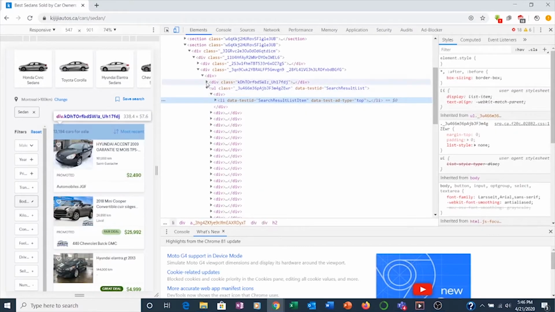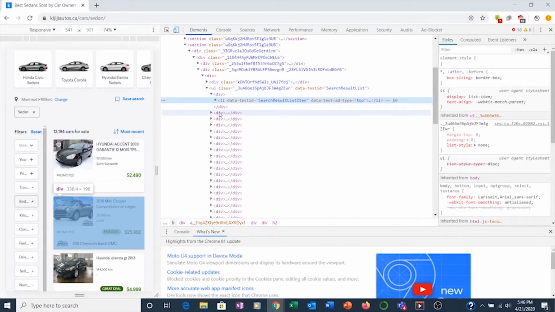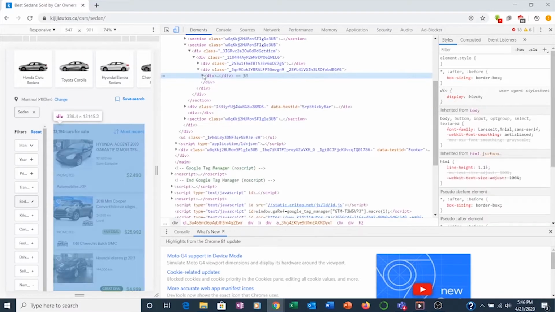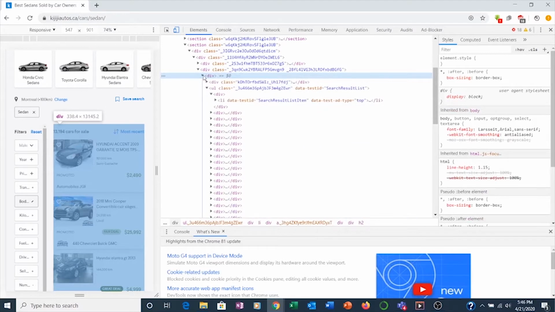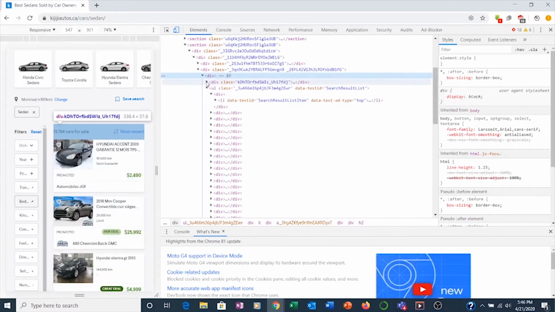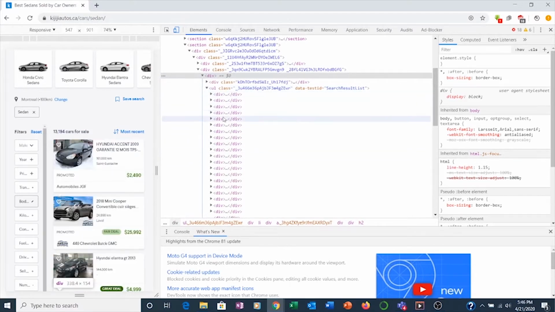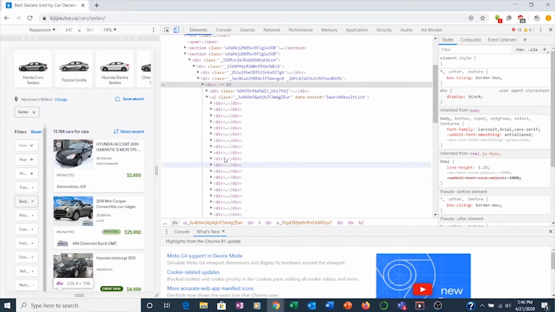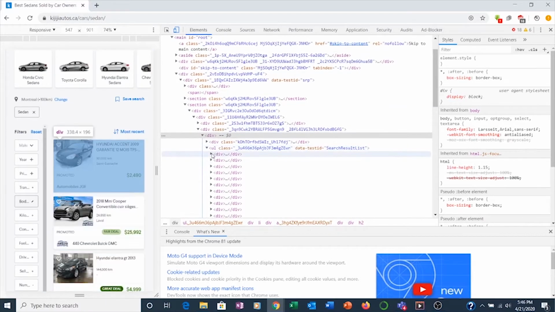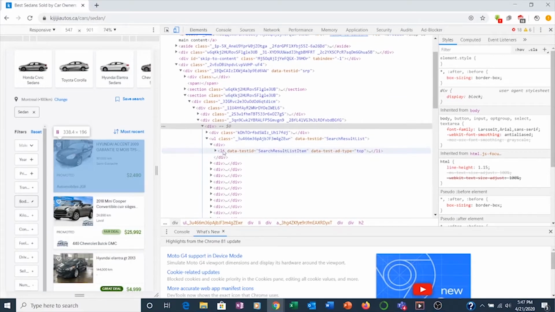This is not what we're looking for. These are a bunch of div elements, and okay, this is the big div element, and this is the unordered list that contains a bunch of div elements. All right, so this is already interesting. Now we can look at one of them. This is, let's say, the first one. It's a li,